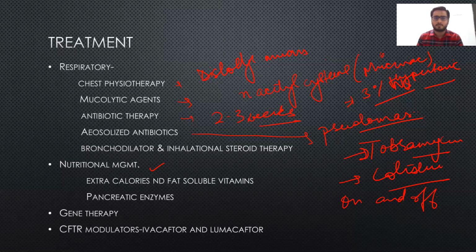Okay, next comes the pancreatic enzymes. What are these pancreatic enzymes? Because there is again steatorrhea, there is malabsorption. What we have to do is use capsules, which, no doubt, are very costly, that contain pancreatic enzymes. The dose is 3000 to 10,000 international units present per capsule. You have to see that lipase content should not cross 10,000 units per kg per day.